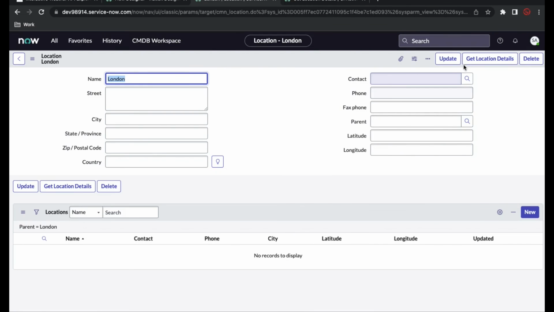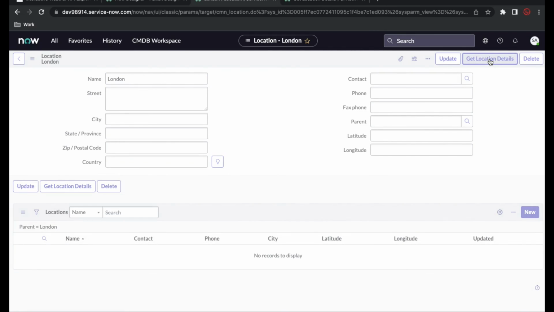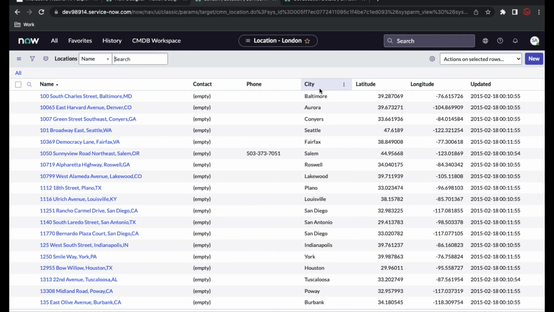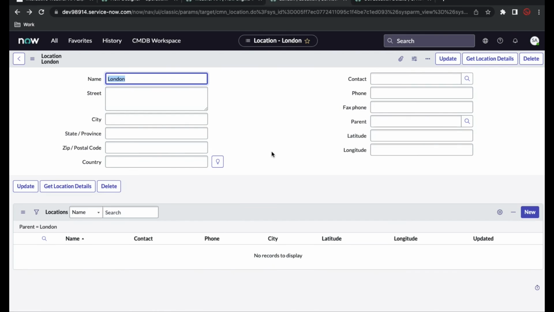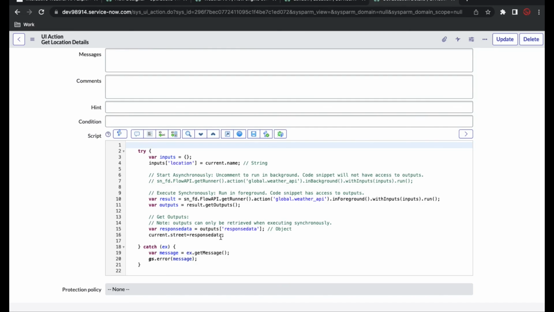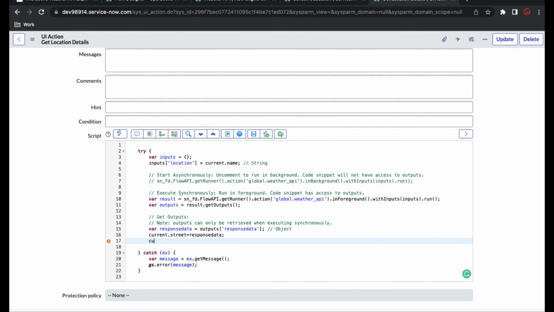So let's refresh that, and once I click get location details, and if I go back, I can see the street is not populated. Let's see what we have missed. If I go back to this UI action, I can see I have put current dot street, but I have to use the current dot update method to update the data. I'll put that one in and